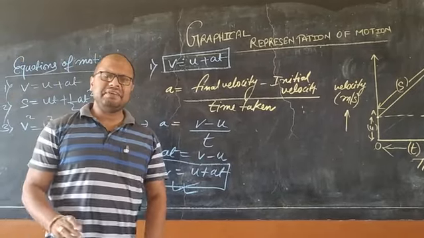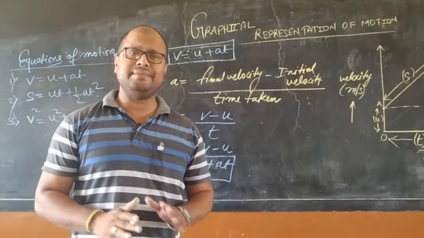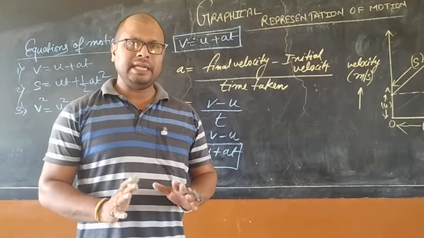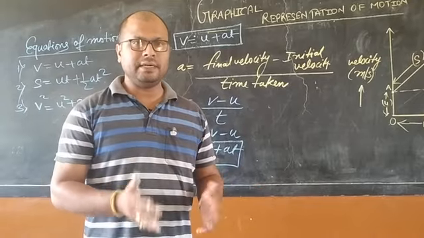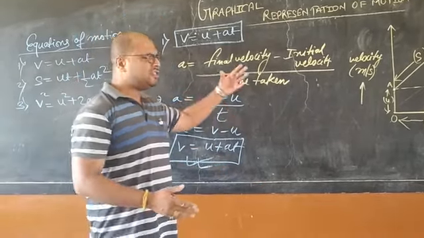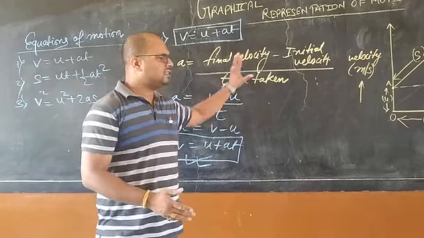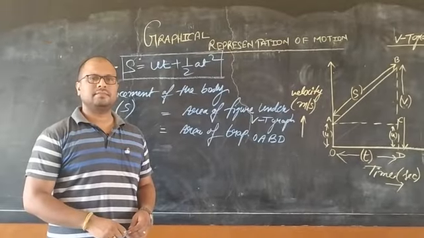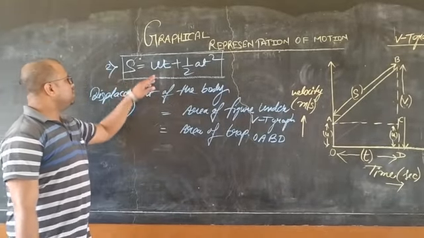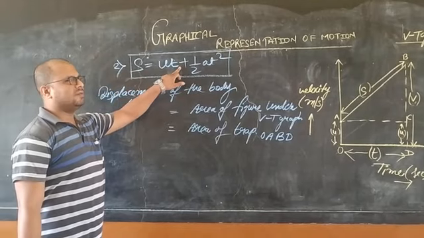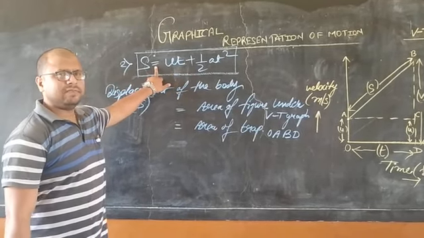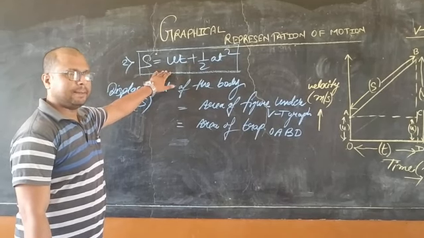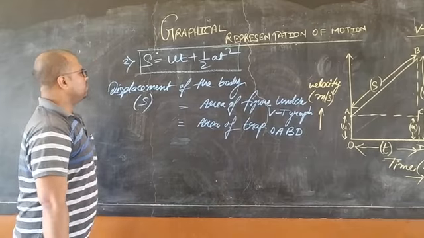Again I am telling you, these derivations are not important for ICSE examinations, but these are very important parts. Otherwise suddenly you will see the graph and the proof, and it won't be understood by you. So I thought I should mention some of the important features of this graphical representation. Further we go for the last two equations of motion. Now the second equation of motion, students: S is equal to ut plus half at square. The last two equations are most important because maximum questions come from these only. Let's start this proof.